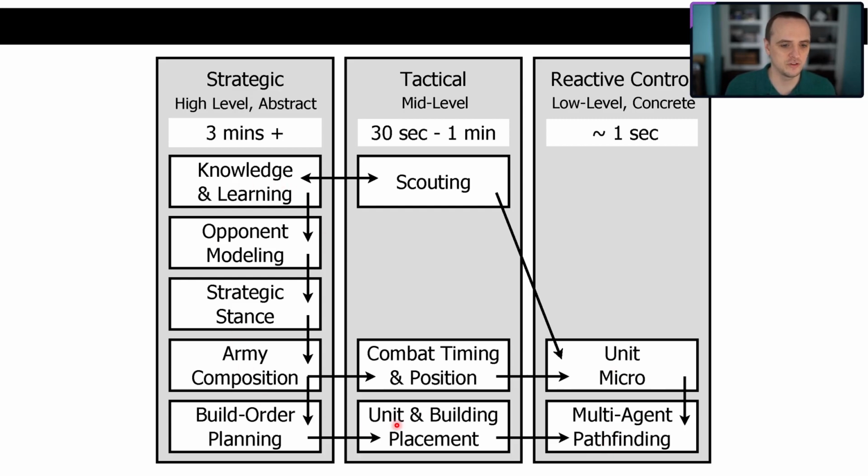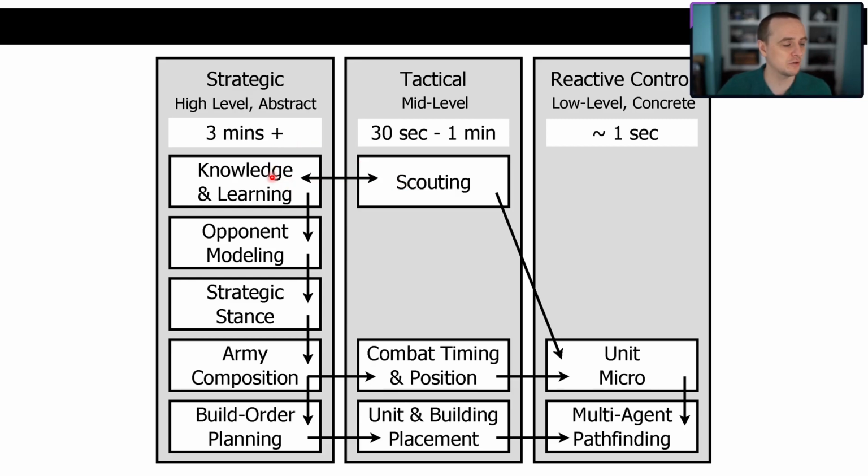So this is this sort of hierarchical approach to the knowledge representation and the stance that you take in a game of StarCraft. Now, we don't typically think of it in this way when we're playing the game, but this is how your knowledge gets passed down from one strategic point of the game to another. And all this time, you are scouting, right? So you're sending out units, you're scouting the opponent, you're getting new information, and if your information changes, that gets passed back into your knowledge and your opponent model. And your knowledge informs your scouting, and your scouting informs your knowledge.